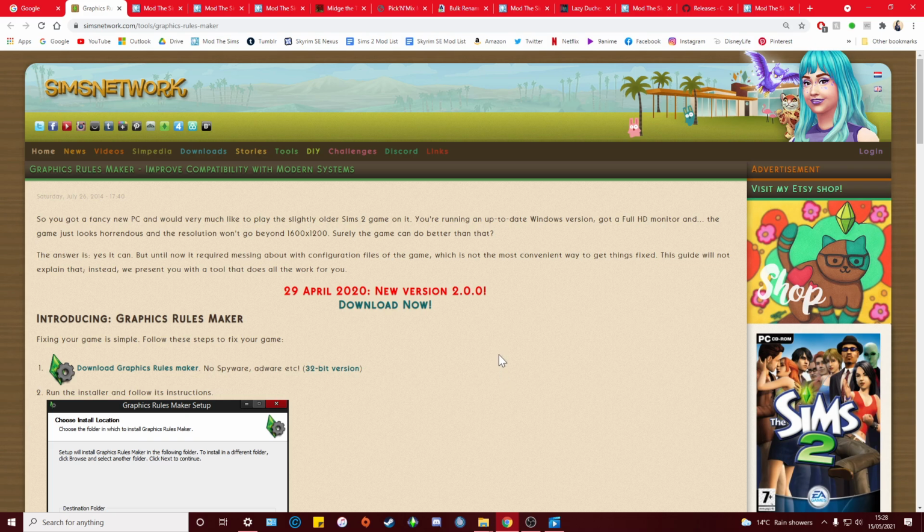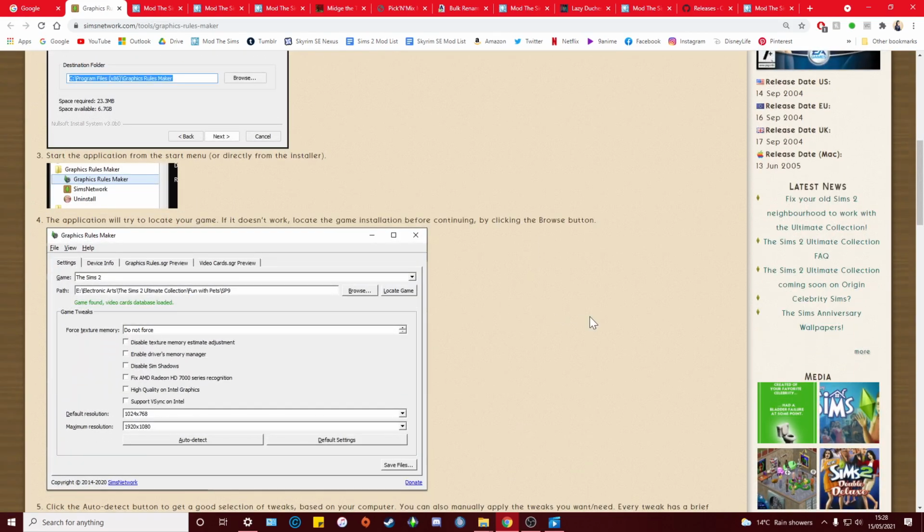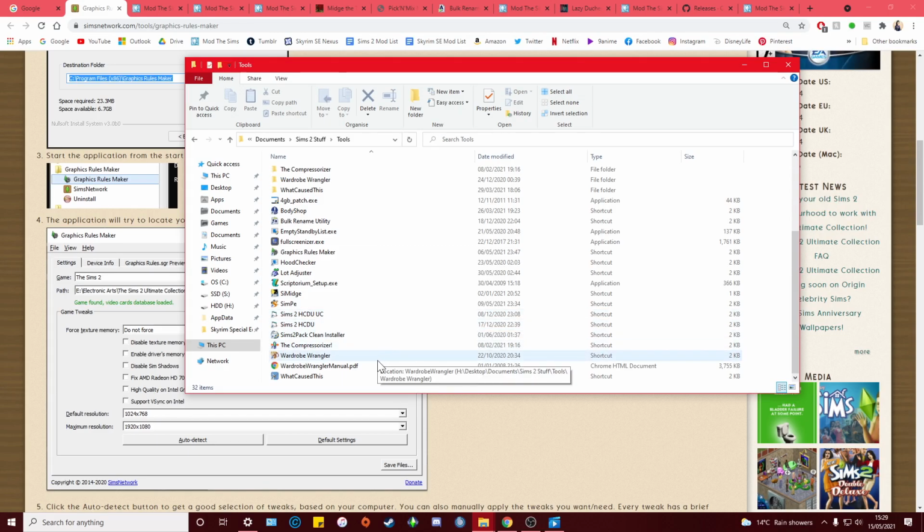The first tool I felt like I had to mention again, even though it was covered in my last video about how to improve the graphics of The Sims 2, which you can check out. There'll be a little pop-up and probably a link in the description. But anyway, this is a pretty essential tool, and what it does is it makes some fixes, and the main thing is that it allows you to play the game in larger resolutions, enable edge smoothing, all sorts of useful stuff like that. I'm not going to go into it too much because, as I said, I've already kind of